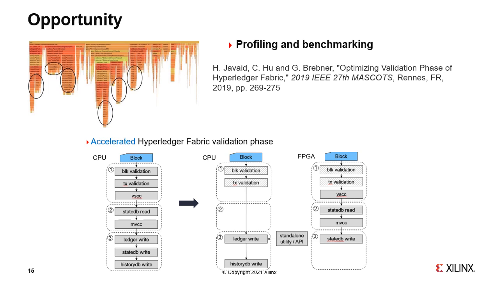The first step is to verify the block's transactions. The second is to make sure there is no double spend. The last is to commit into the ledger. From the CPU-based solution to the software-hardware-based solution on the right, we can see that mainly the first two steps of validation can be moved onto the hardware,